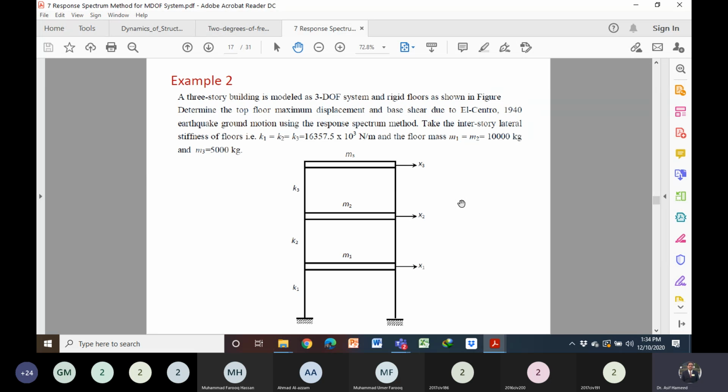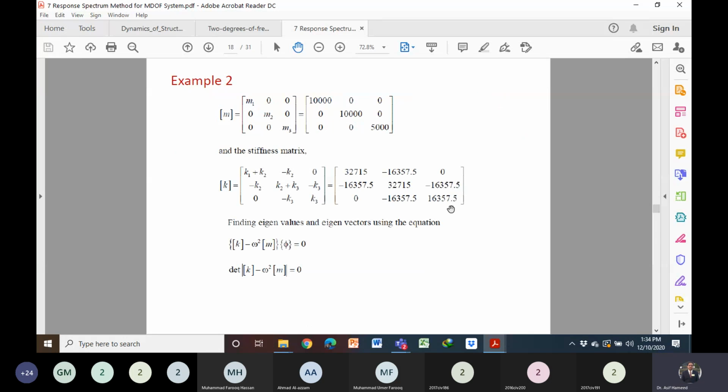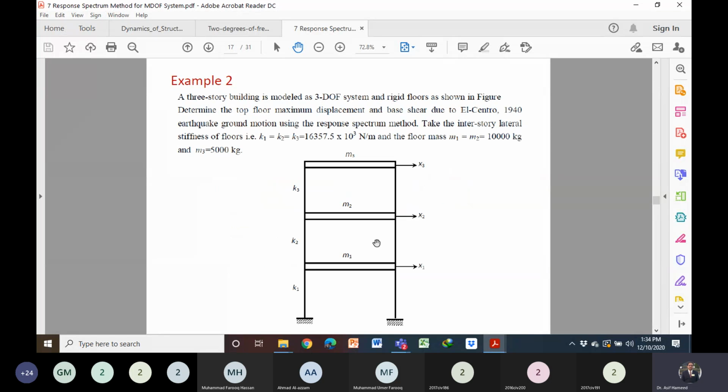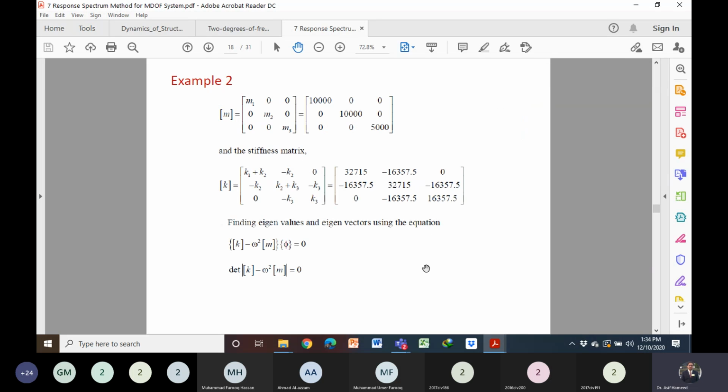Okay. So first step is we have to perform the modal analysis. What is modal analysis? You have to perform the modal analysis means you have to calculate the mode values and the mode vectors. So you can write the mass matrix, stiffness matrix. This is the same example which I gave to you in the assignment. You have already calculated the mode values and the mode shapes. If nobody copied, then you people have already solved this problem. So half the example you have already solved.